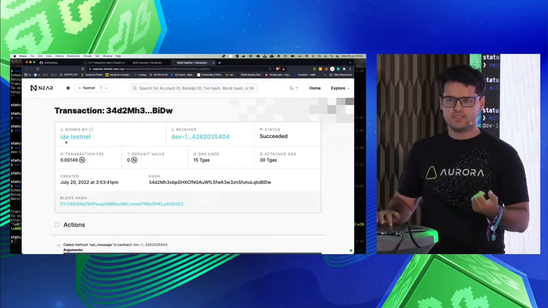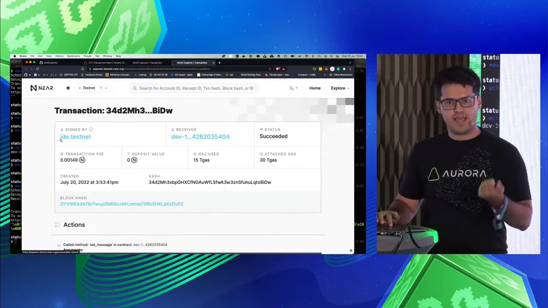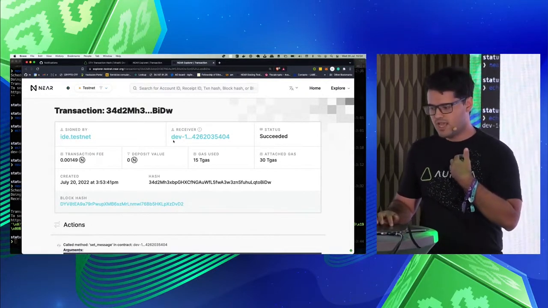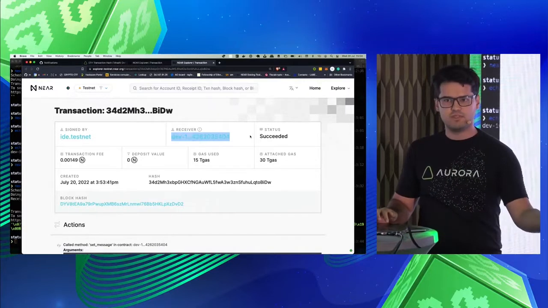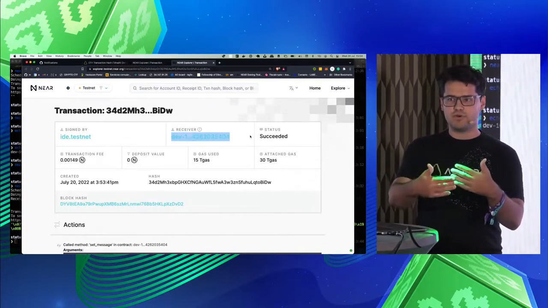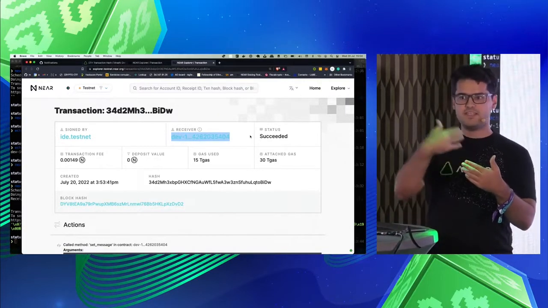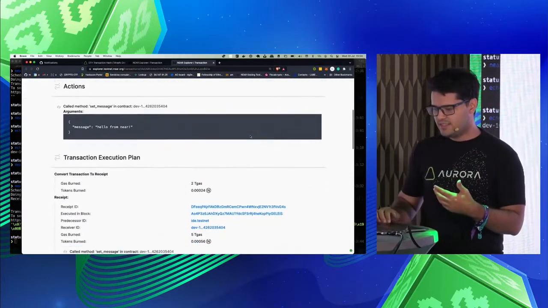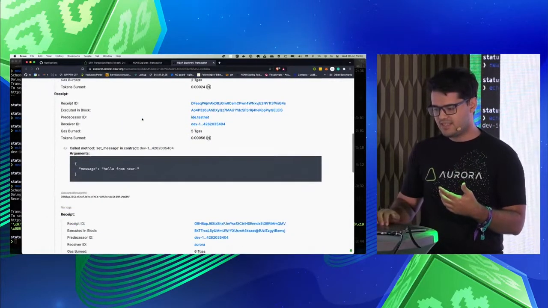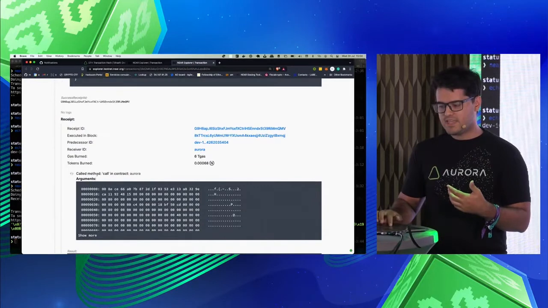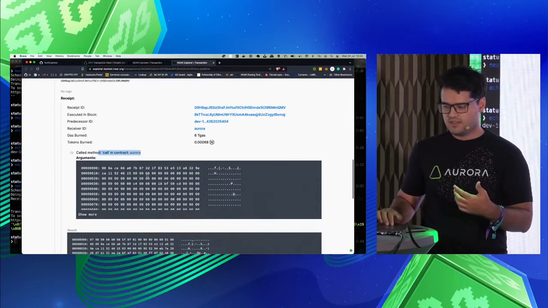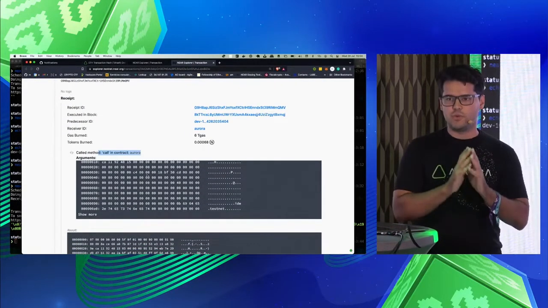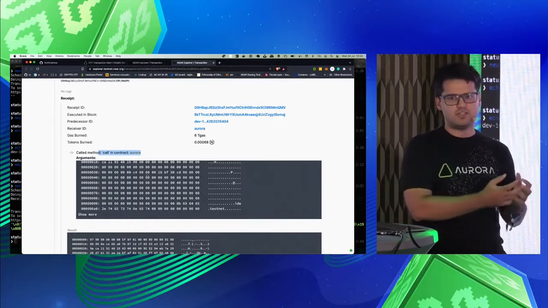happened, you will see that there is a transaction that was created by ide.testnet, which is my account. I was calling the account that I just deployed, which will be working as the proxy between IDE and the account on NEAR. And then you see, okay, I'm setting this message, and then this contract here is making a call to the Aurora contract. Okay, and it's calling the Aurora contract with the right parameters to set a status message on